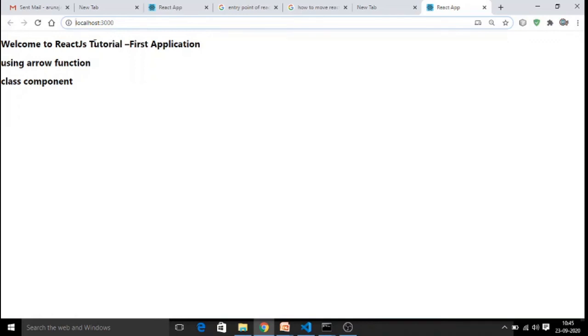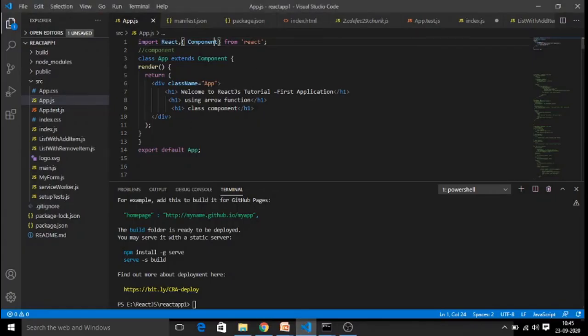Now we are able to create a simple functional component using an arrow function, and a class component. This is how a simple React application with the root component called App can be created. Hope this is clear with you right now. And then where are we going to render this particular content into our React module?